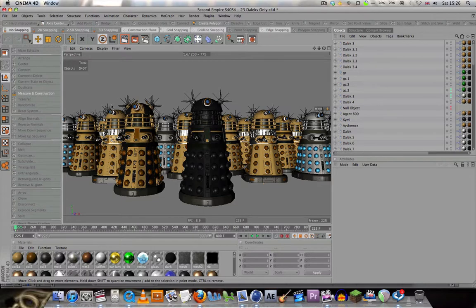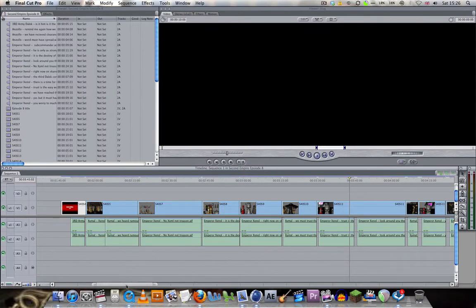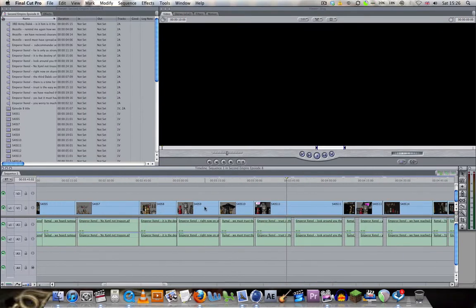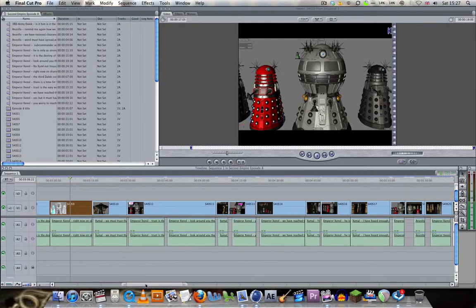You've got HMX here and a bunch of other Daleks, and I've actually made a little bit of progress on this scene. As you can see here, I've got up to shot 10, no, shot 9 is what I'm calling the final. You can't see it because the final is on another monitor. But basically what I'm doing is going through all the scenes and giving the Daleks movement, background animation, twitching, stuff like that. It's very tedious work, but